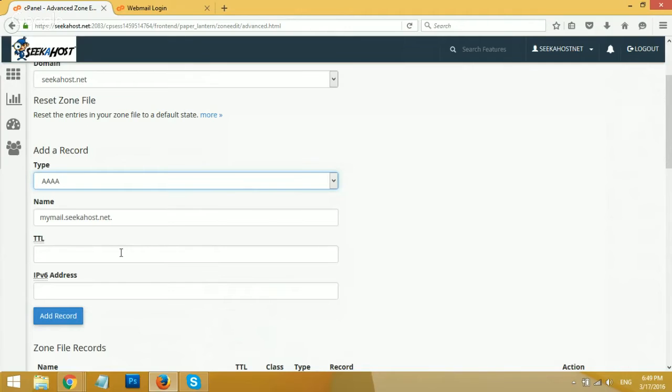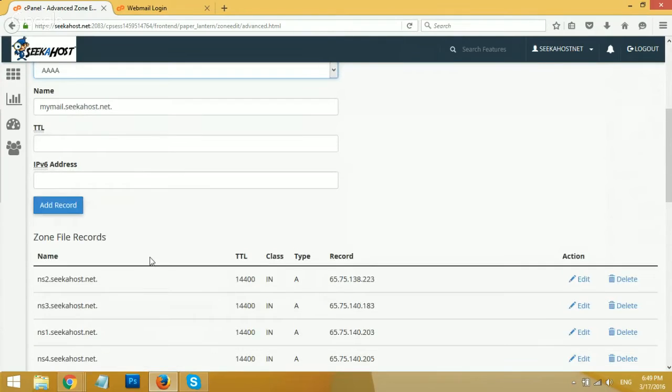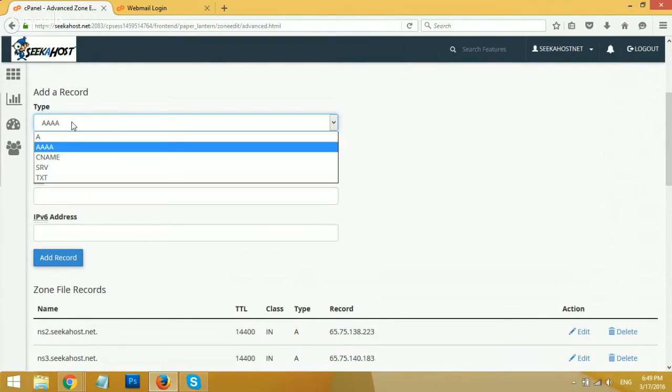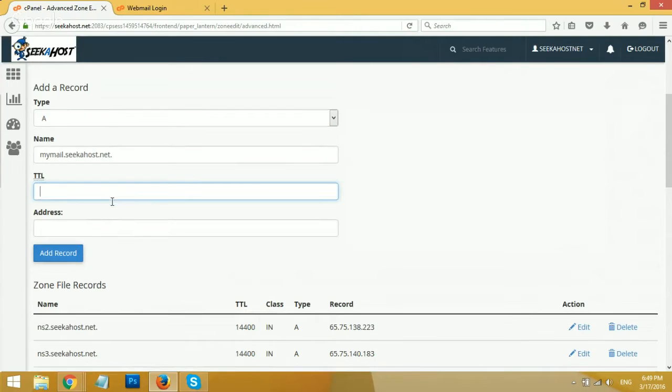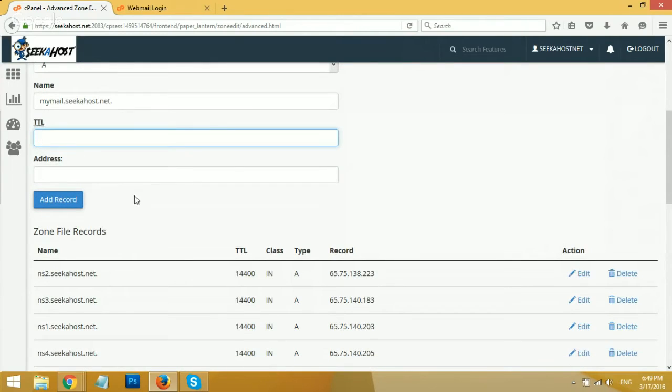This is another very important thing I can explain. What is this TTL? I'll explain what this TTL means. It is time to live. So it is like, for example,